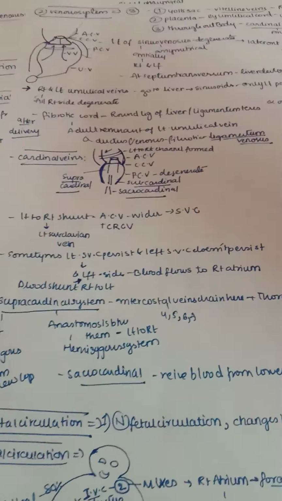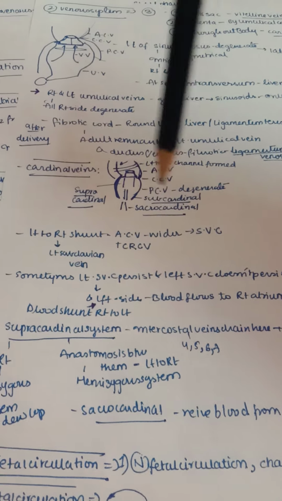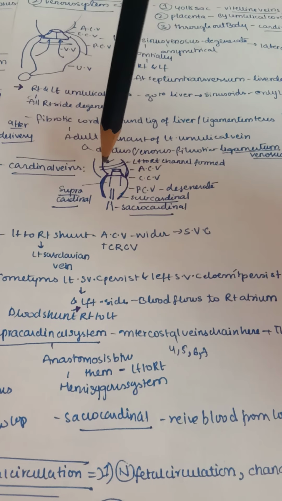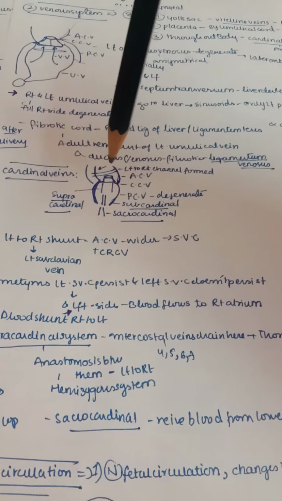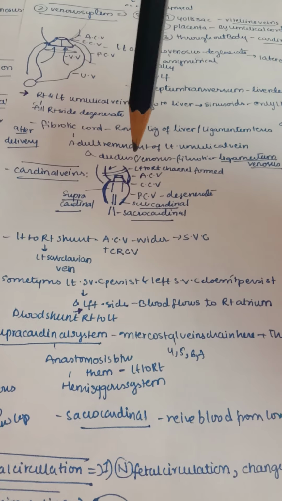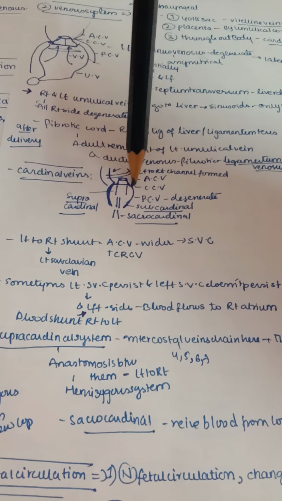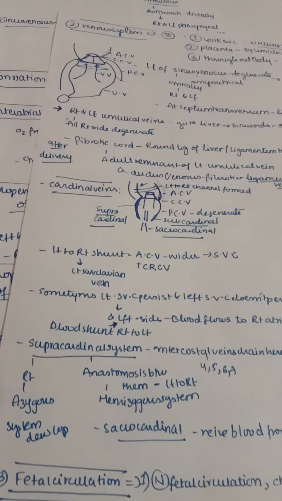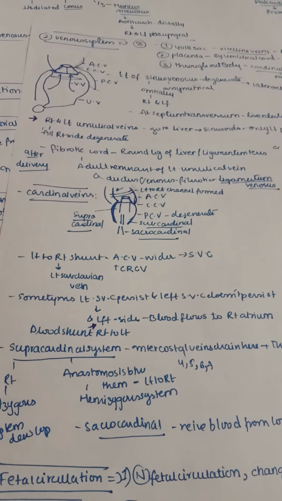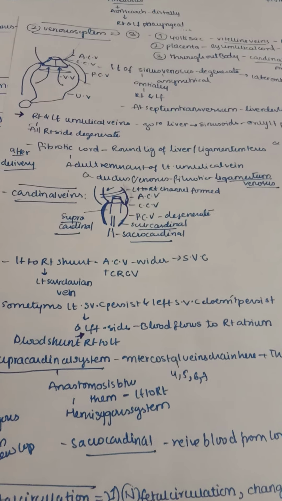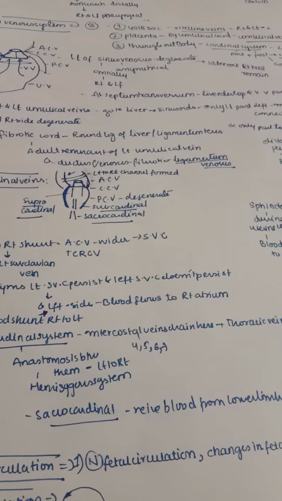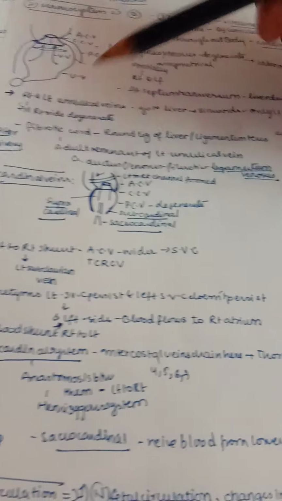Now let us move on to the cardinal veins. Once again, let us revise them: anterior cardinal vein, posterior cardinal vein, common cardinal vein, right? So actually a channel is formed from left to right shunt, that is, the anterior cardinal vein becomes wider now, and it leads to the formation of the superior vena cava. So till now we understand how the inferior vena cava is formed from our vitelline vein, and how of the umbilical veins only the left part is present, and it enters the inferior vena cava by the ductus venosus. And now we are seeing how the superior vena cava is formed.